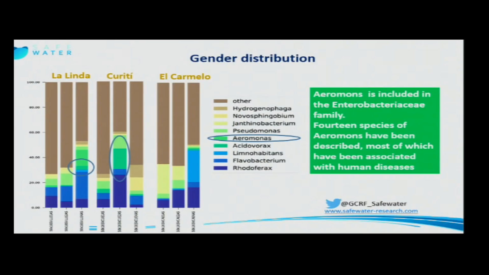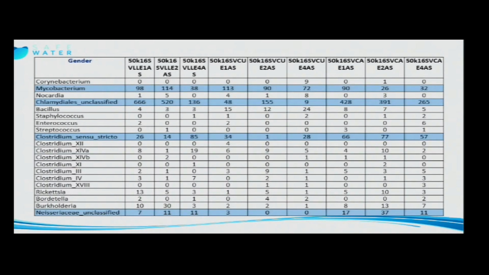We want to ask about all the groups of microorganisms. We highlight some of them because they are more important for being related to health. You can see here Mycobacterium, Chlamydiales, Clostridium, in different amounts in different samples. Mycobacterium is present in almost all the samples. Here, Neisseria,